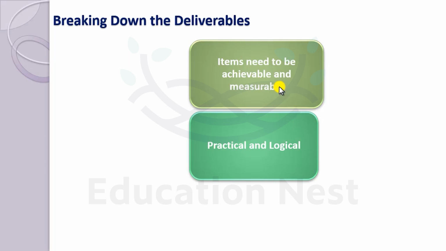So again, we will just reiterate that the first task you need to work out is how you are going to break the single end goal of your project into individual deliverables that are small enough to be both achievable and measurable. Striking the right balance here is crucial. The deliverables should not be too large. That again comes to the practical and logical segmentation of the deliverables, and it can't be too detailed because then it becomes micromanagement of the team.